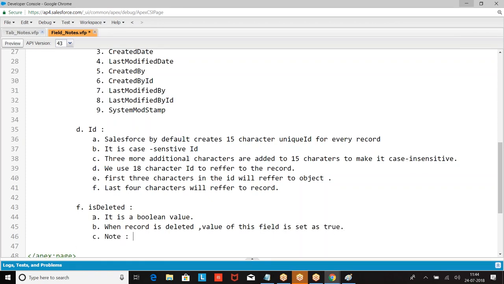Note, any record deleted from the database will not be deleted permanently.